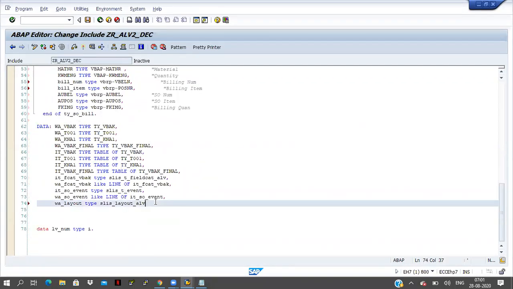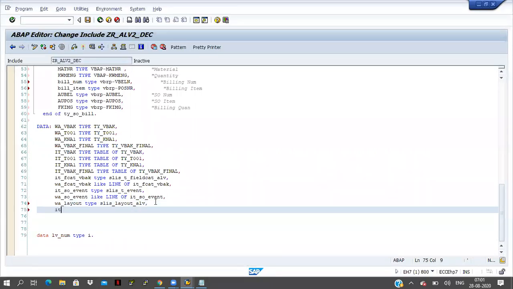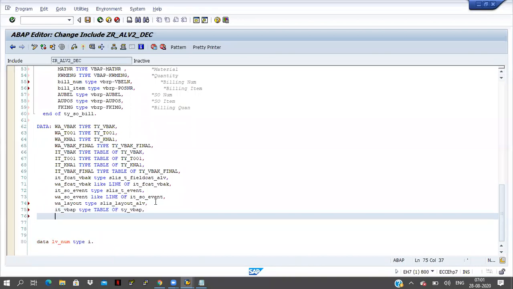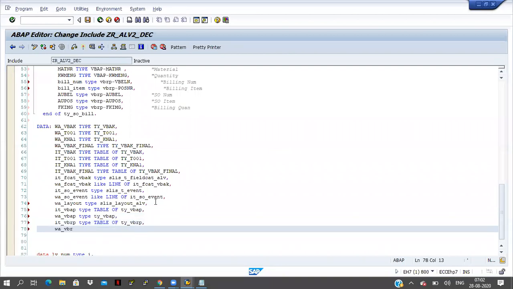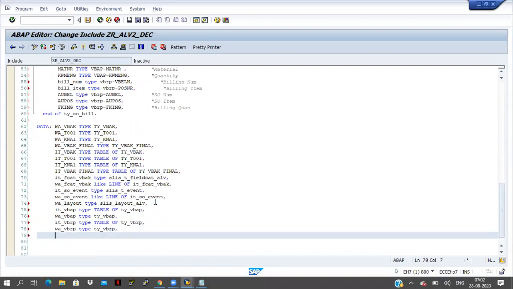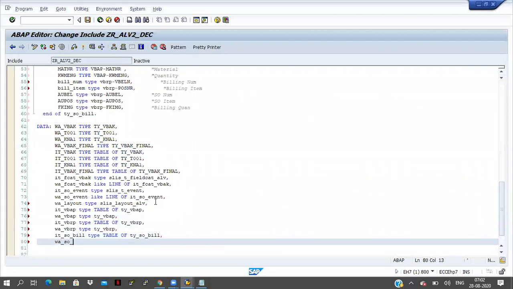Fine. Now I will declare the internal tables and work areas here. IT_VBAP type table of TY_VBAP, work area WA_VBAP type TY_VBAP. IT_VBRP type table of TY_VBRP and work area WA_VBRP type TY_VBRP. And IT_SO_BILL type table of TY_SO_BILL and work area WA_SO_BILL type TY_SO_BILL.